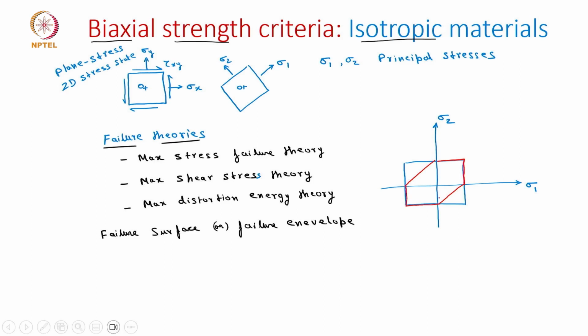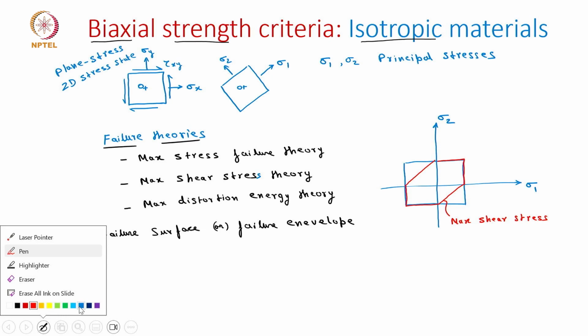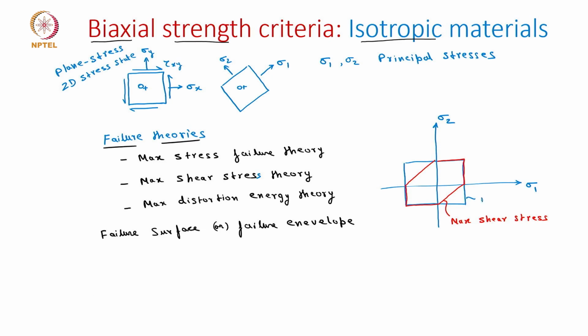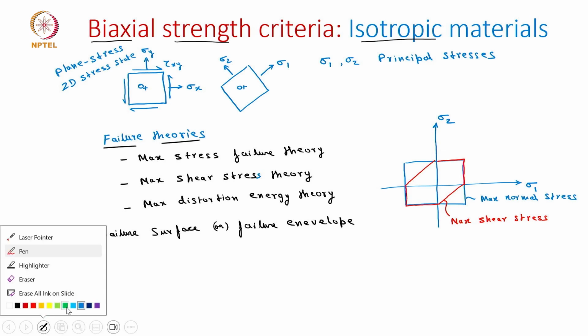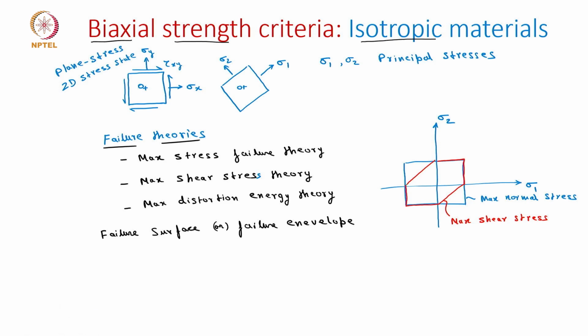So this we are calling the maximum shear stress theory. And the blue one, we already showed that it is the maximum normal stress theory. And lastly, for the distortion energy theory, we know it's an ellipse. So let's show it with,